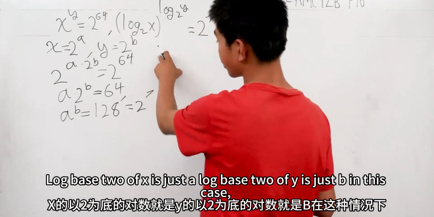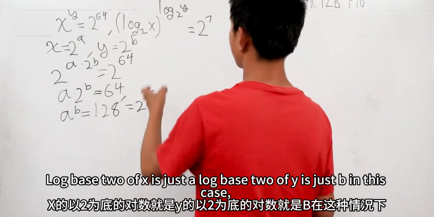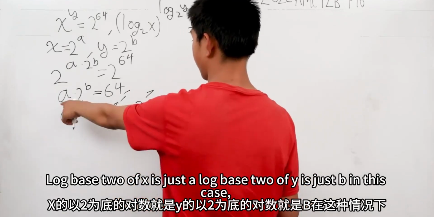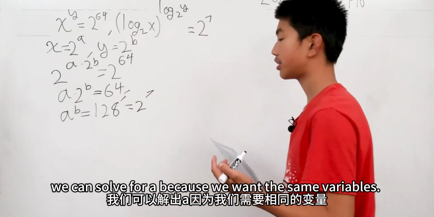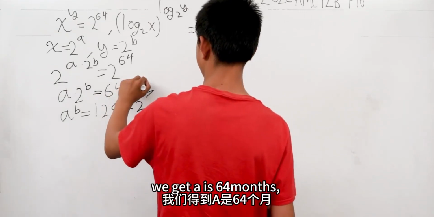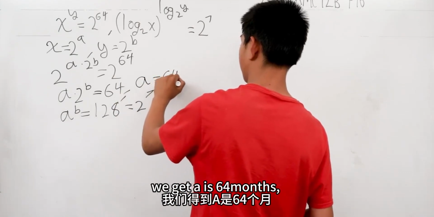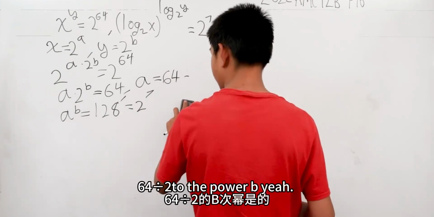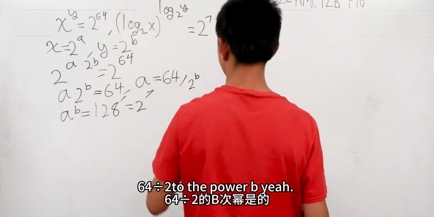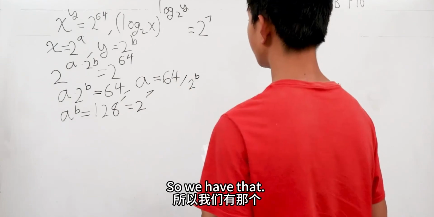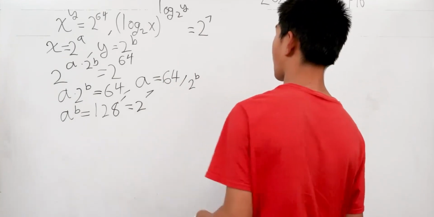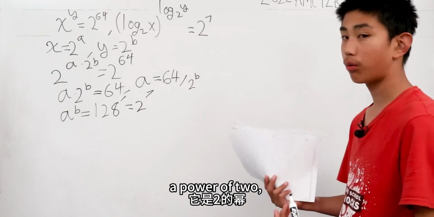So log base 2 of x is just a. Log base 2 of y is just b. So in this case, we can solve for a because we want the same variables. Dividing by 2 to the power of b on both sides, we get a is 64 divided by 2 to the power of b. But since this 64 is in fact a power of 2,